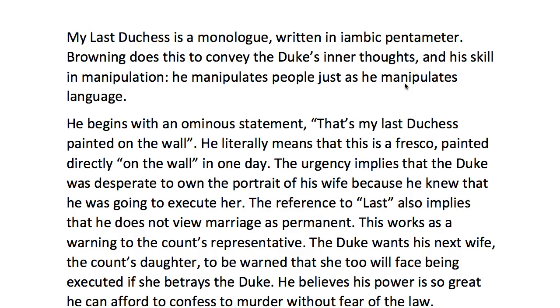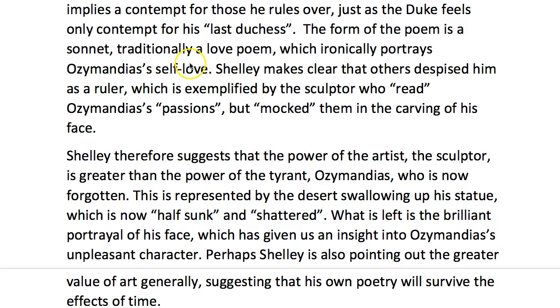And it makes sense to the examiner when I say, well, that's because the Duke is manipulating people. He is a manipulative person. That's why it is written in this form, because it is the Duke's monologue. Okay, so that's a way to talk about the form of the poem and get it to relate to the meaning of the poem. When I'm writing about Ozymandias, I talk about the form of the poem as a sonnet,